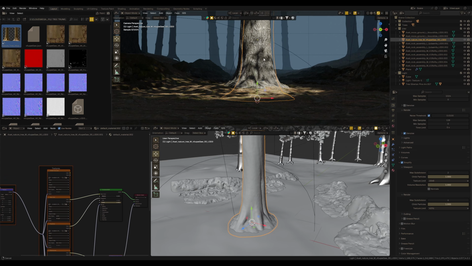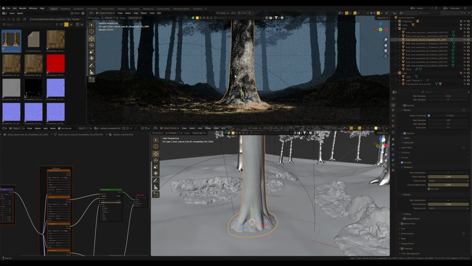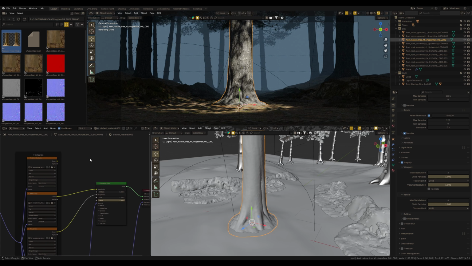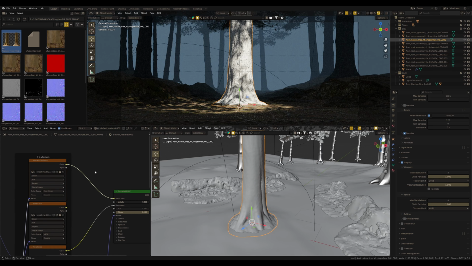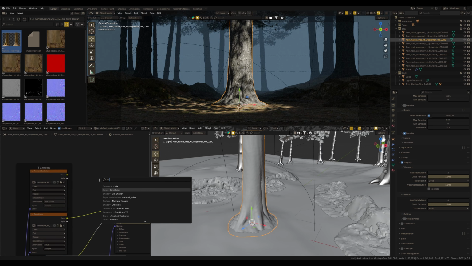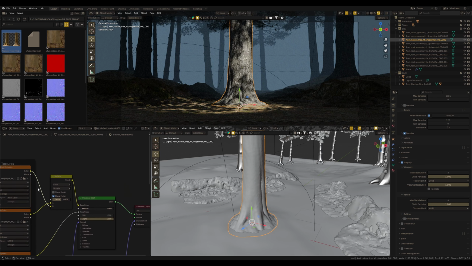We also need to match this texture to what's already in the scene. Right now the texture is too bright, but we can fix that easily. First, I have an ambient occlusion texture from this texture pack and we can use it. I add a mix color node, connect this ambient occlusion texture and set the blending mode to multiply.